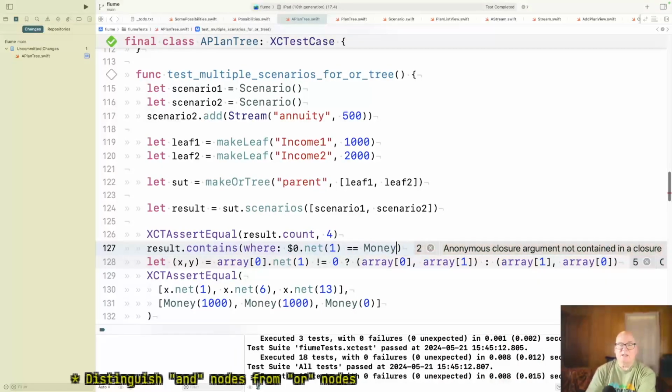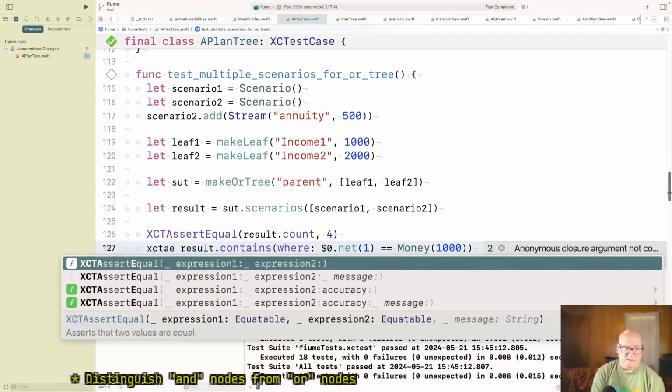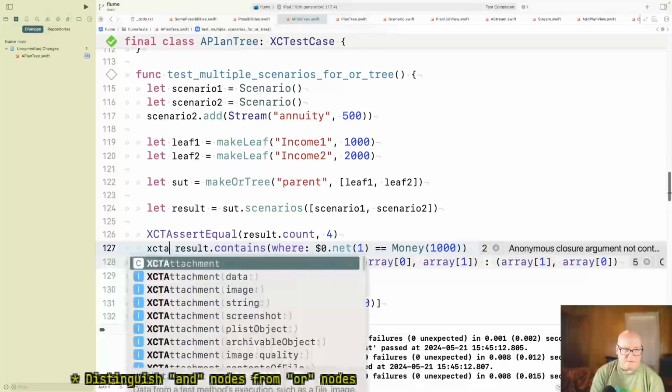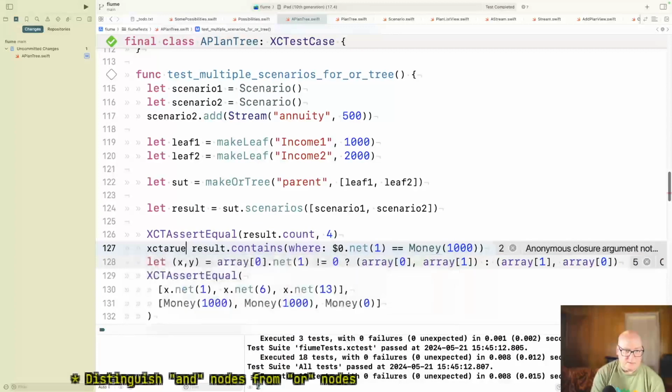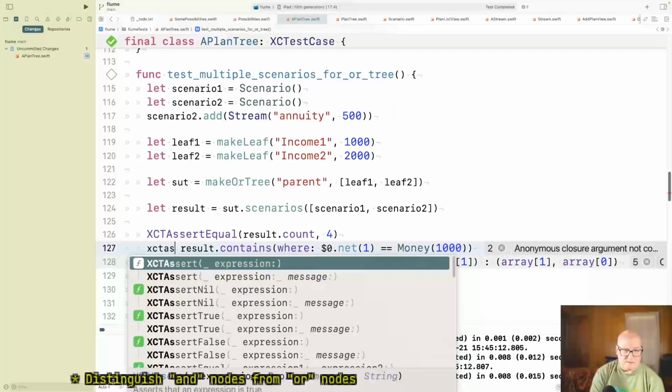Okay, so scenario 1, you get nothing. And you add either income 1 or 2. So this is 1,000. So somebody should be 1,000. All right, and this is XCTAssertTrue.